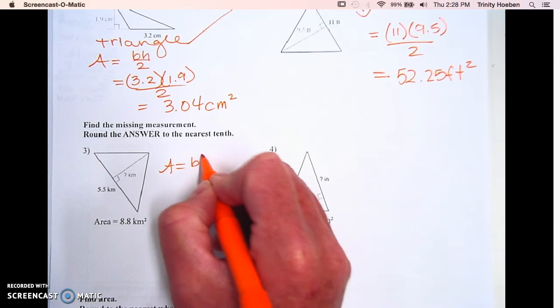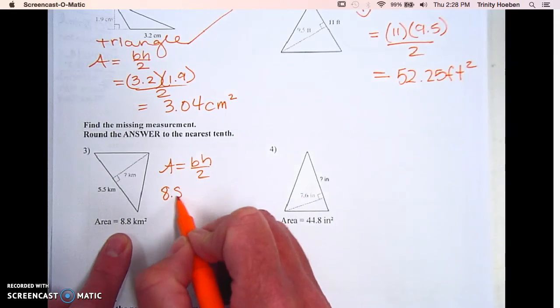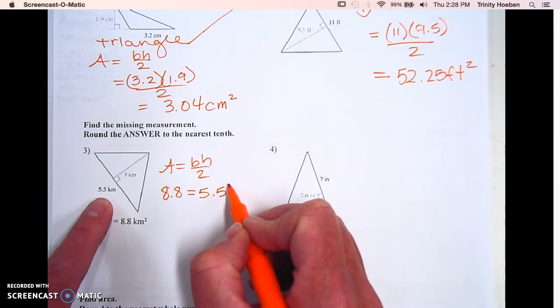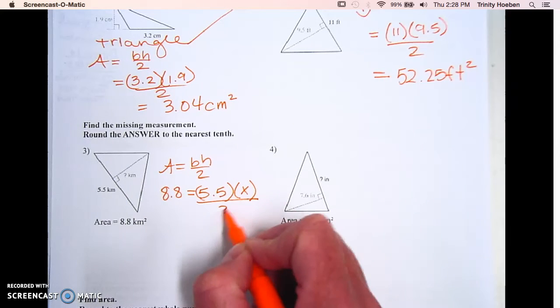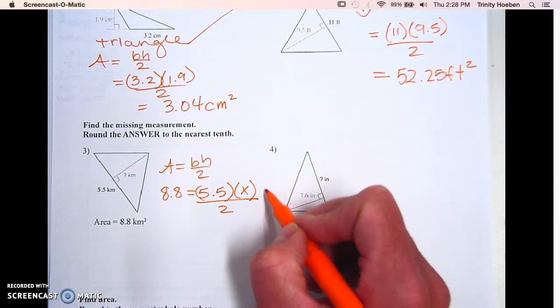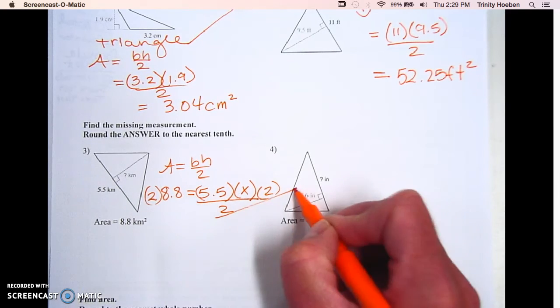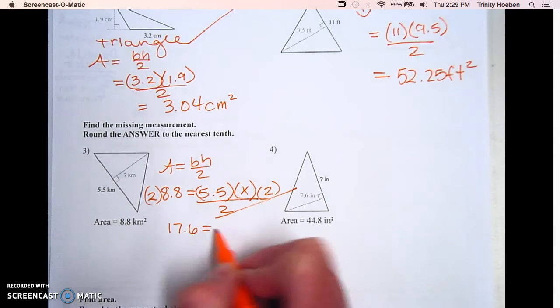Formula is base times height over 2, but this time they give you the area, so you substitute in the 8.8 for the A. The base is 5.5, and the height is what you want to find, so we're going to plug in an x all over 2. So the first inverse operation is to multiply both sides by 2. Cancel over here. That leaves us with 17.6